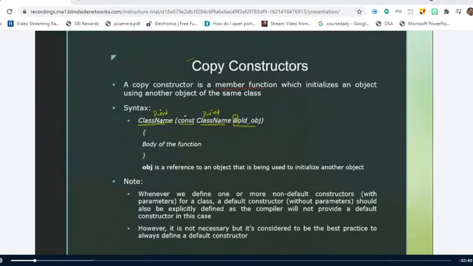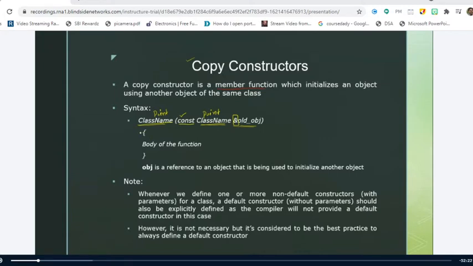Why? Because we want to keep the values of the old object as they are. That means we don't want to modify the values of the old object. That is the reason why we give a keyword called const. Whenever we give the keyword const, it makes the old object a constant object. Therefore, we cannot modify the values of the old object.